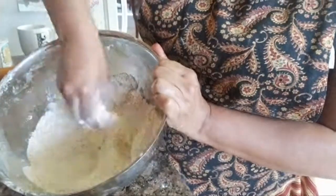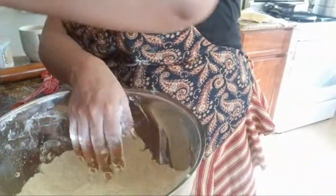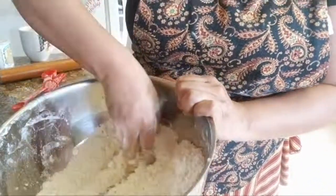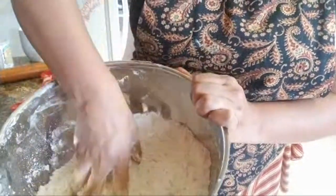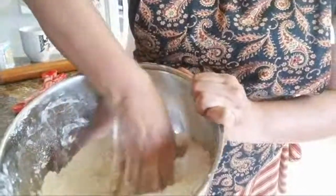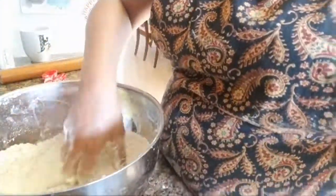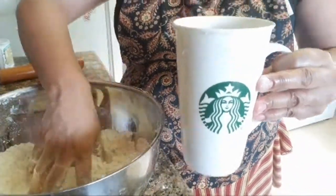It's nice and flaky. There's still a little powder in there, so I haven't made them for years, so I'm still not comfortable just adding a bunch in, but it needs to be flaky like that. Okay, so the trick is that the water that you add in,